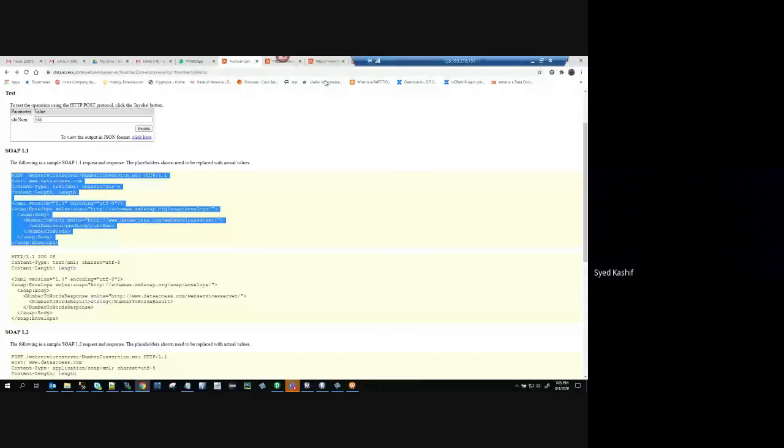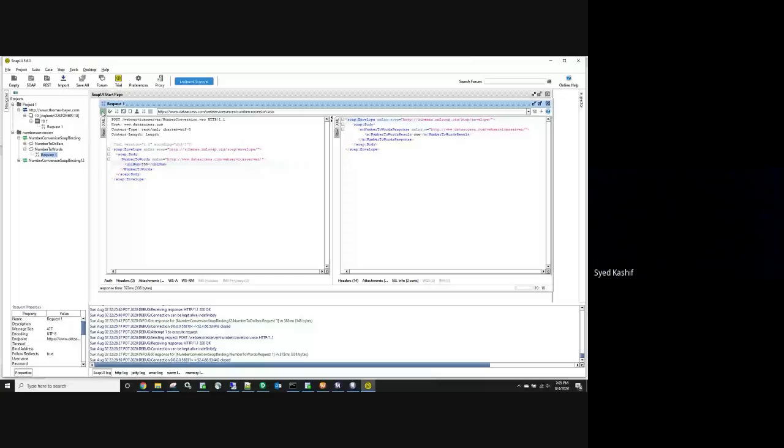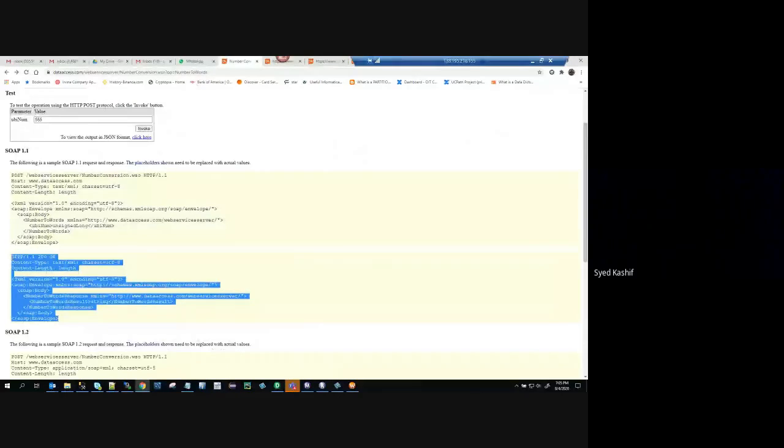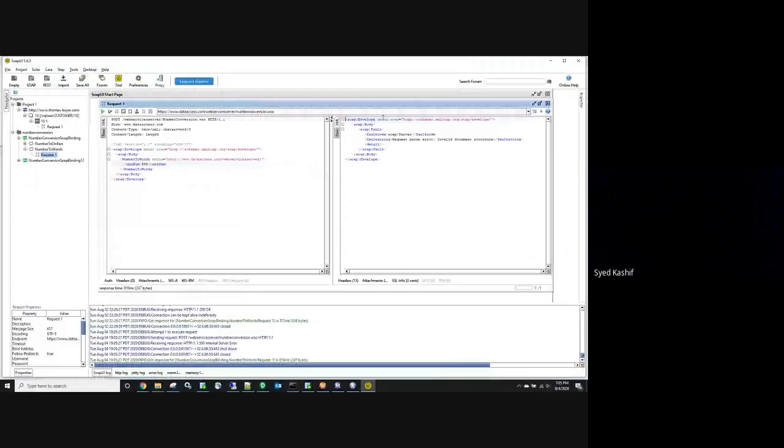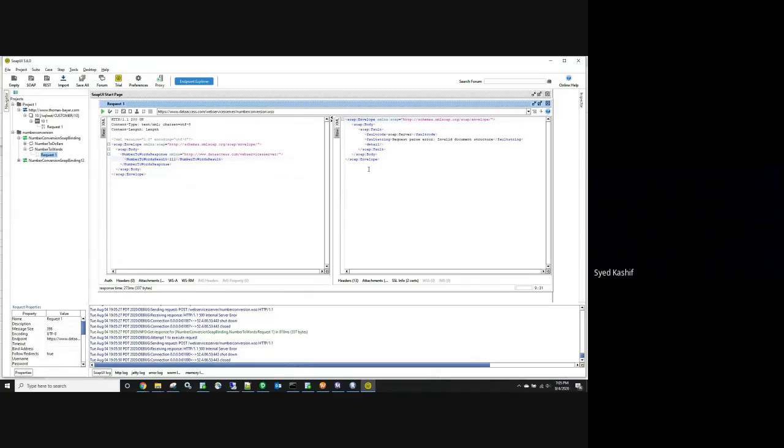You can just send a request, something like this. Request is invalid. I don't know why the request is invalid. Let me try this. Number 2 words, 111. Invalid document. Okay, I'm not sure about this, but